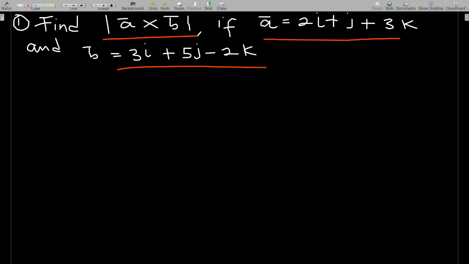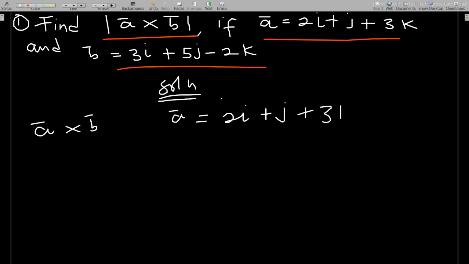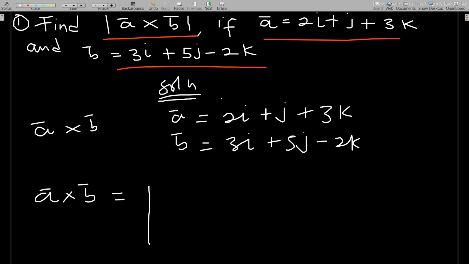To solve this, what you need is the definition of cross products. All that we need to do is first find A cross B. We know that A is given as 2i plus j plus 3k, and B is given as 3i plus 5j minus 2k. With what we just learned, A cross B would then be equal to